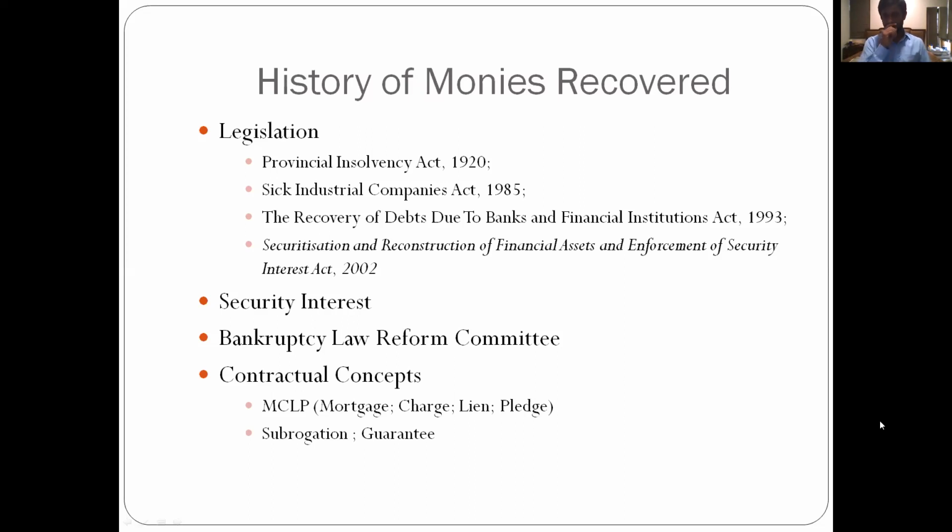Now, lien is a little bit interesting in the sense that it is when I forward you a movable good, so the possession is also with you like a pledge, but it's for a specific purpose. So let's say I gave you my furniture to repair, and I do not pay you for the services in the repair of the furniture. Therefore, by operation of common law, you can claim lien over my furniture till I pay you the money. So I gave you the goods for a certain purpose. The purpose was achieved. However, I did not hold my end of the bargain. You can claim a common law right of lien over my goods.